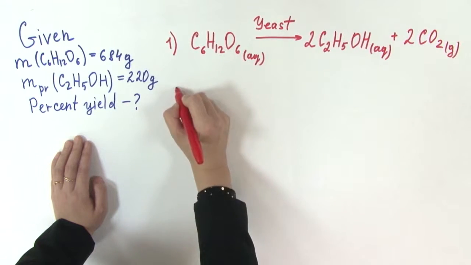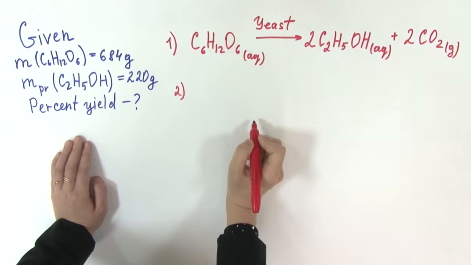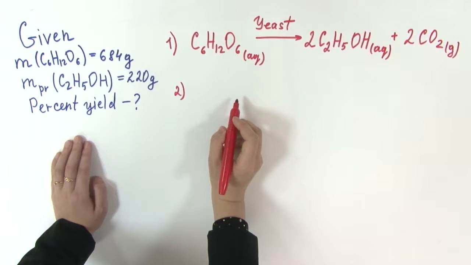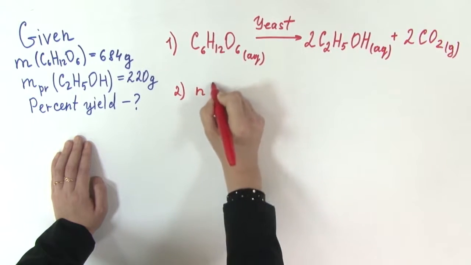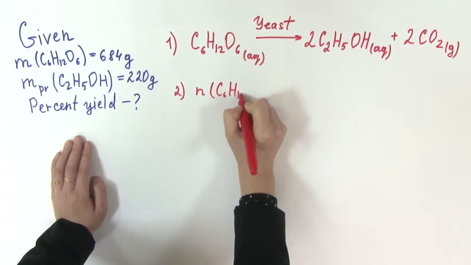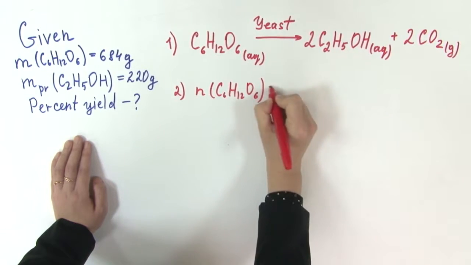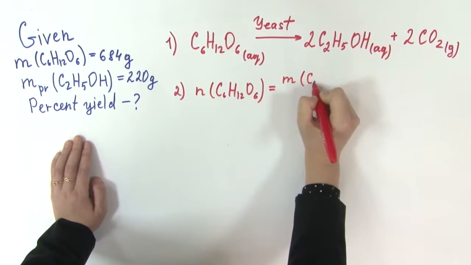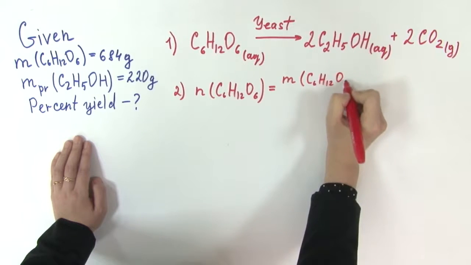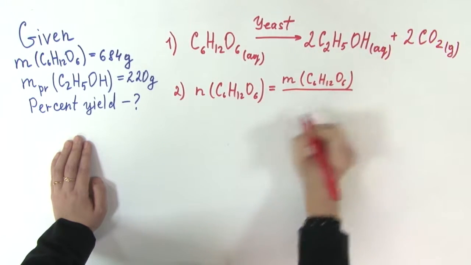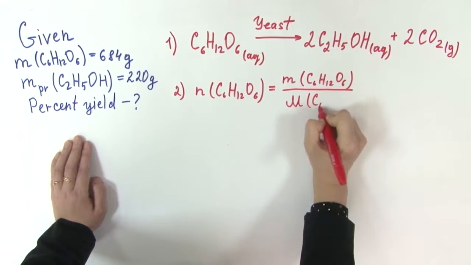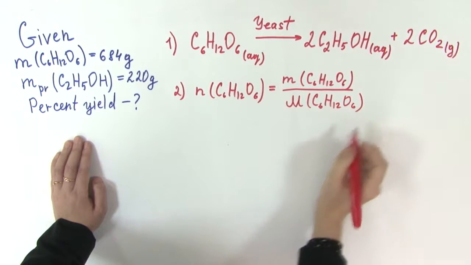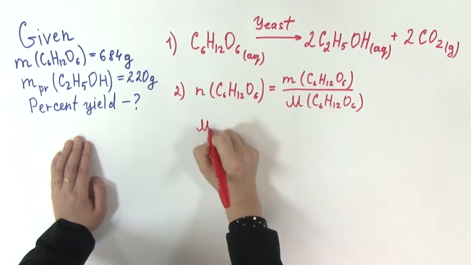The second stage, we should find the number of moles of our given glucose compound. For this purpose, we should use the famous equation: mass of glucose divided by molar mass. Okay, the molar mass of glucose